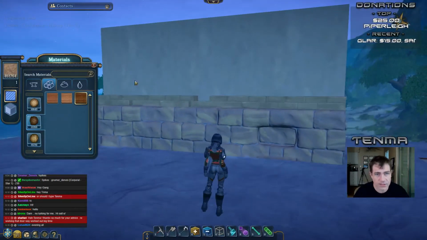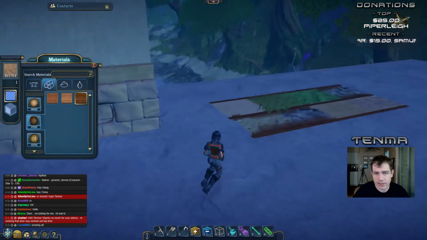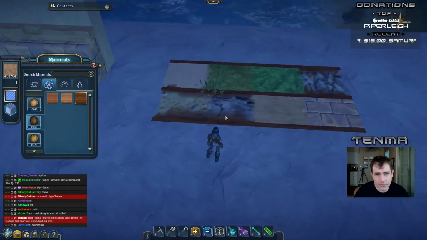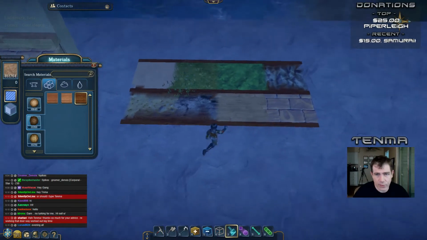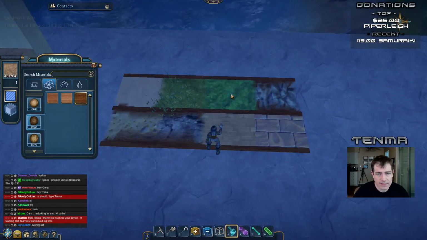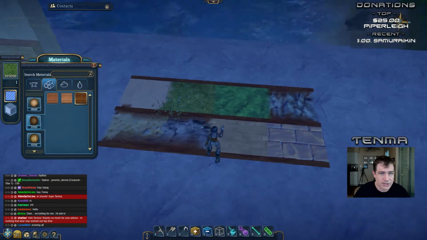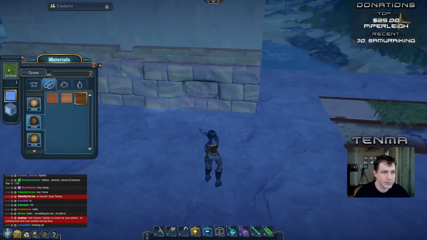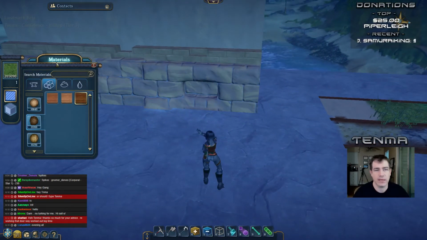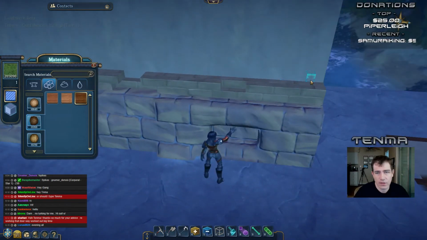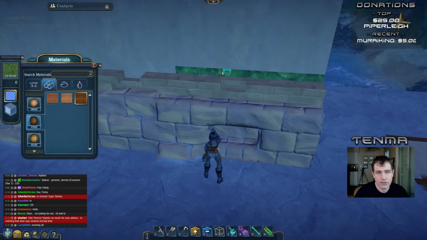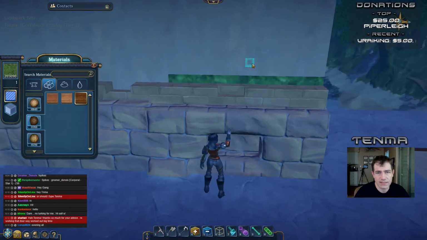But let's go ahead and start with our actual blending here just above these bricks. For this, I'm going to go with this grass texture. This is just the standard grass texture. It's just called grass, and we're going to start just going along this bottom section right up in here. And you can see it doesn't blend very well, but we're going to make some patterns here on the walls,